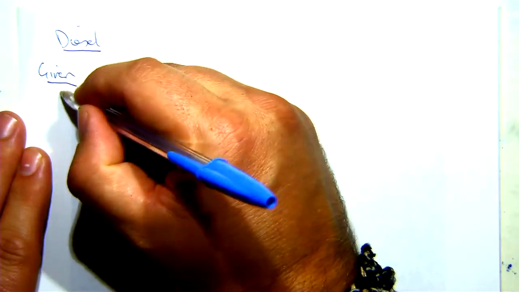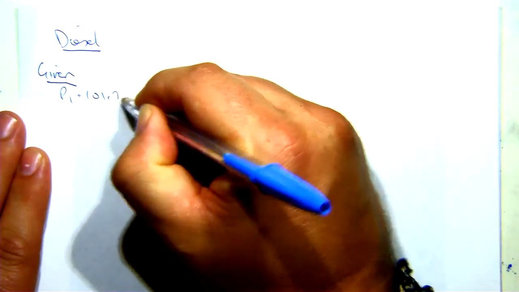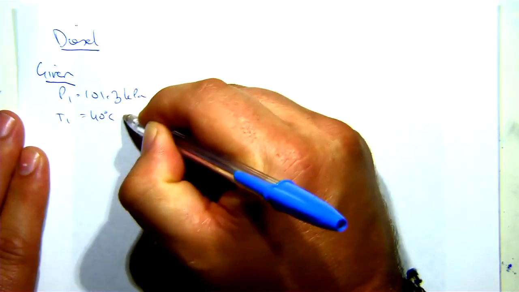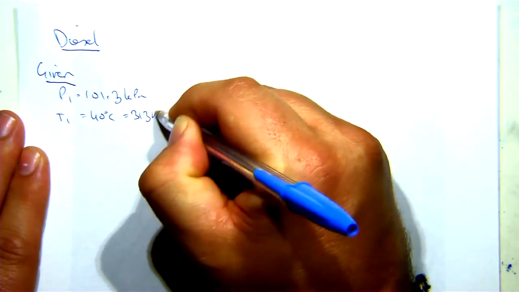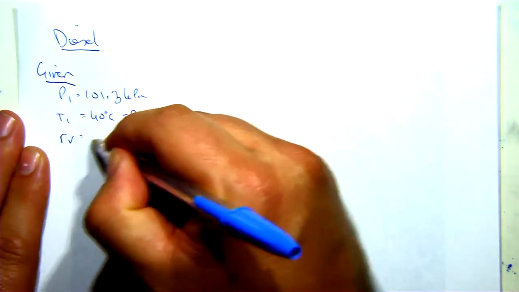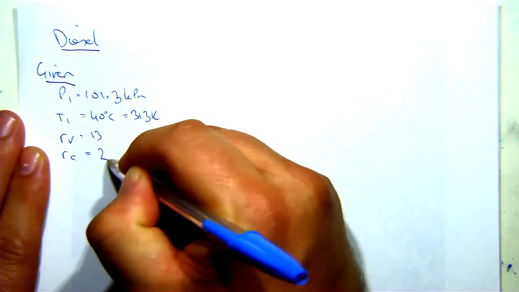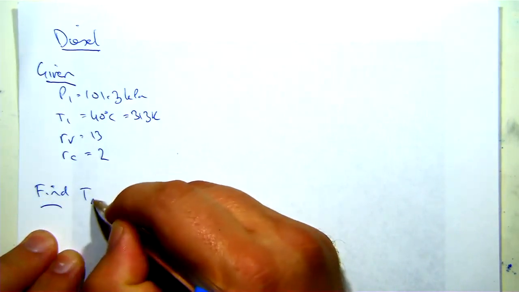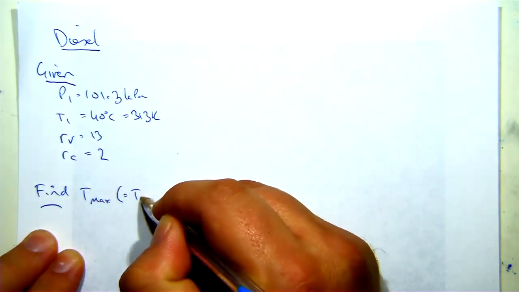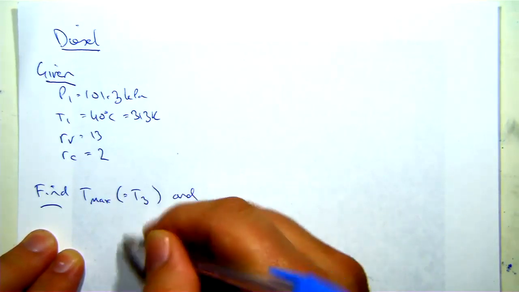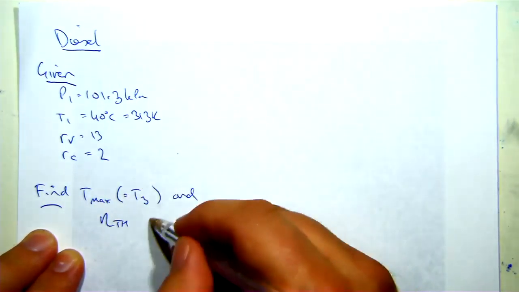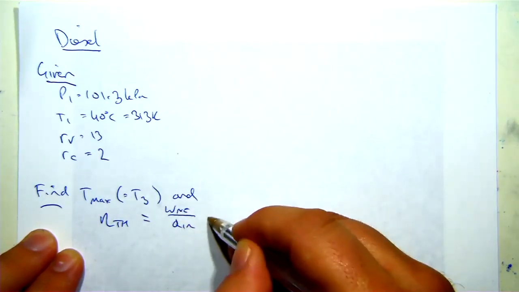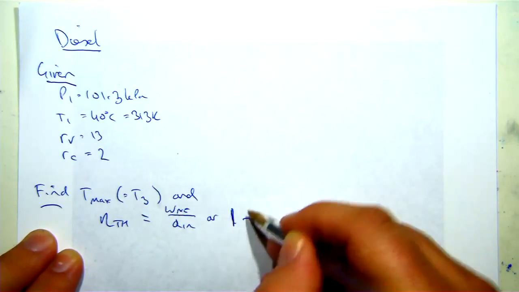So given that P1 equals 101.3 kilopascals, T1 equals 40 degrees C equals 313 Kelvin, RV equals 13, RC equals 2. Find T max equals T3 and thermal efficiency, which we can do as net work over Q in, or if you've memorized it,